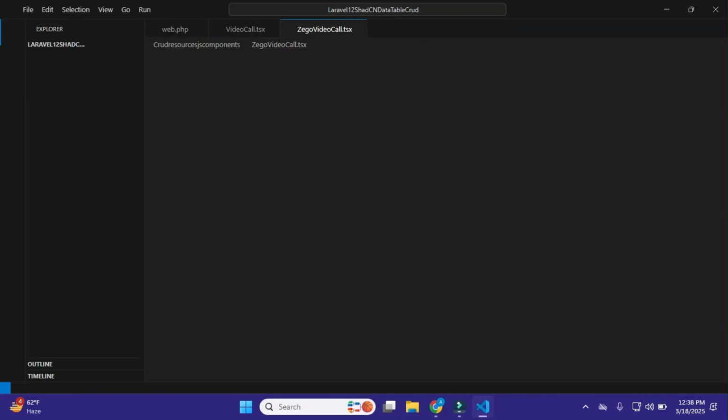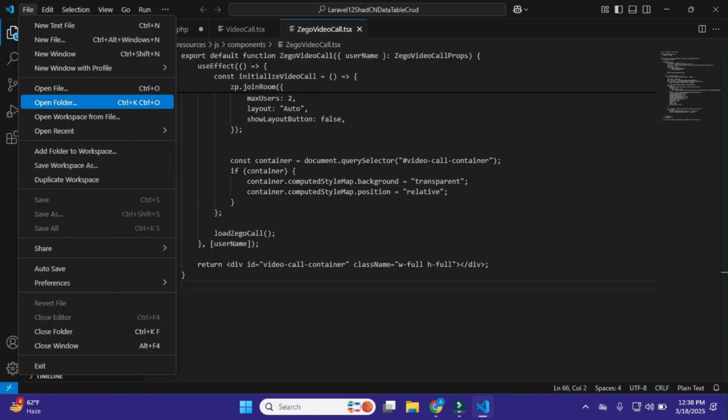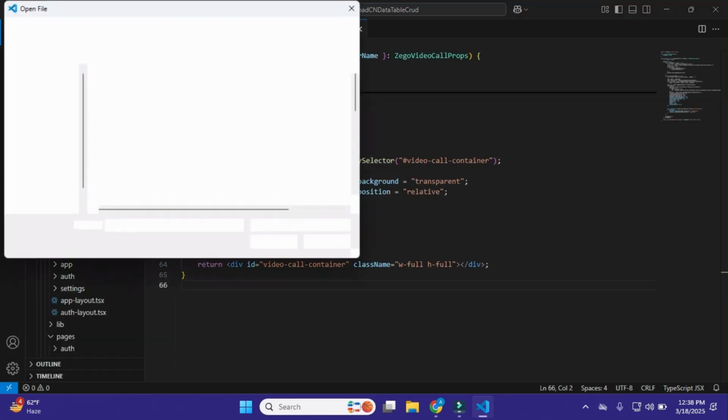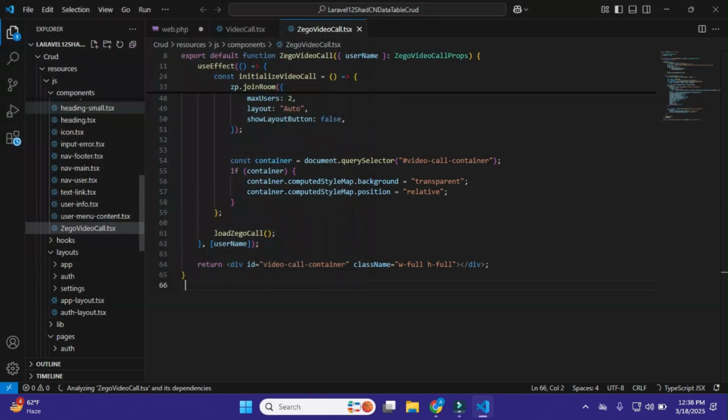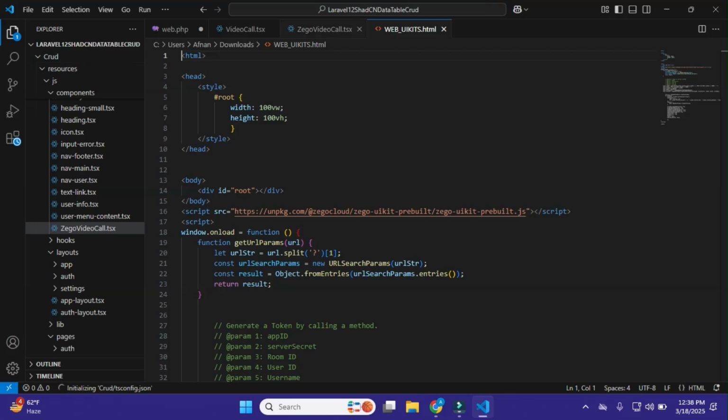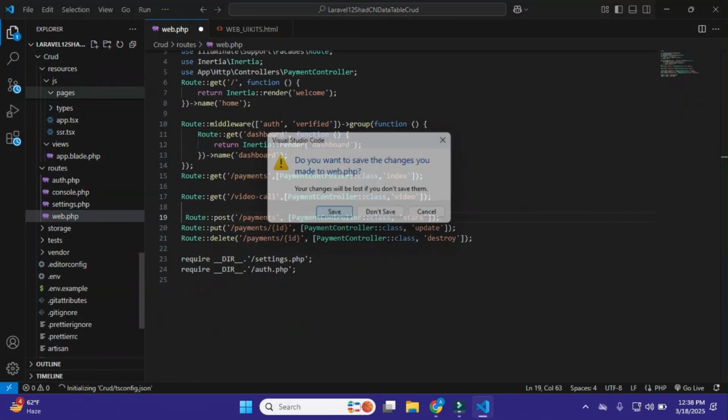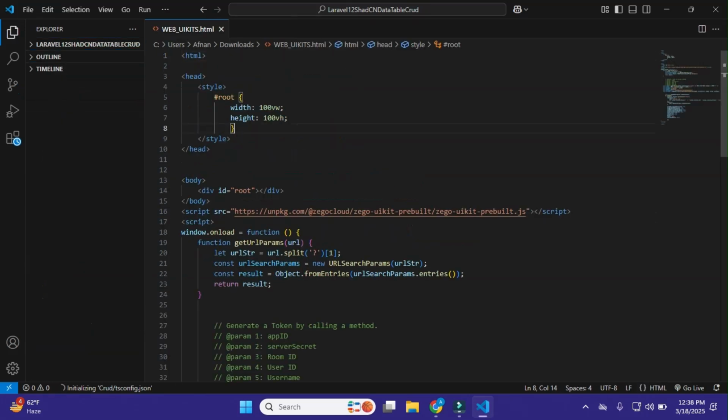Okay, just click on file and open file, and here is my file in the downloads. Just open this file, and close all this. Okay, so this is my file.